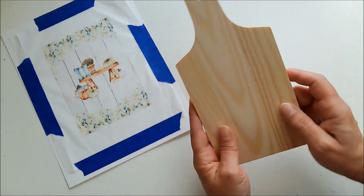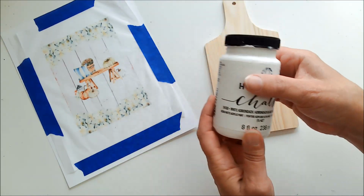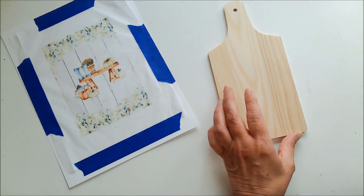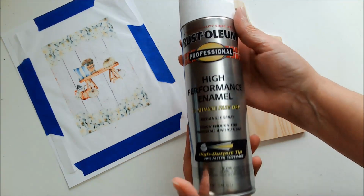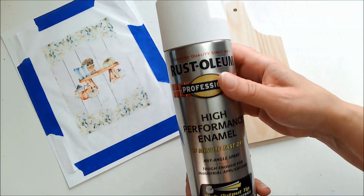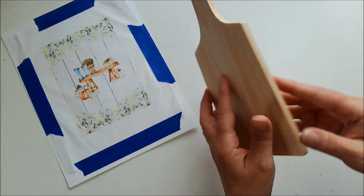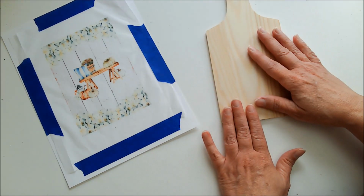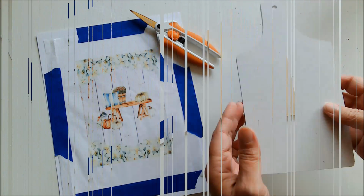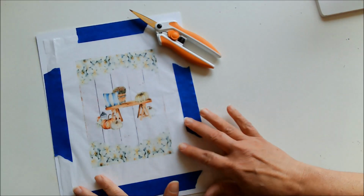Now normally I would use something like this home decor chalk paint, but because most of this is going to be covered, or it'll be the back, I'm actually going to run outside and spray it with this Rust-Oleum High Performance, and this is a flat white. So I'm going to give it 1 or 2 coats depending on how much it needs, and then when that's dry, we'll be ready to go. Well, I decided that 1 coat of paint was all that needed,